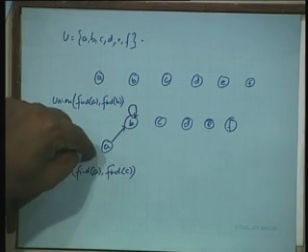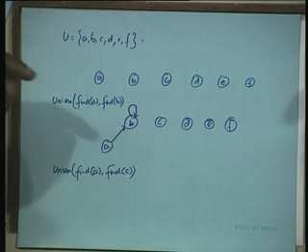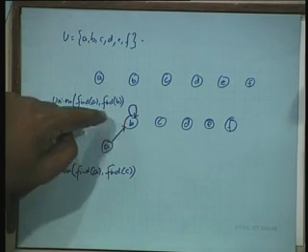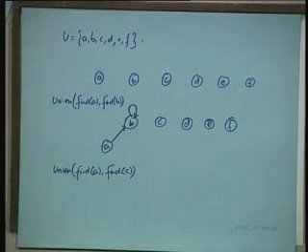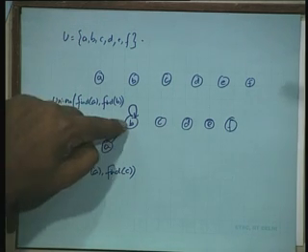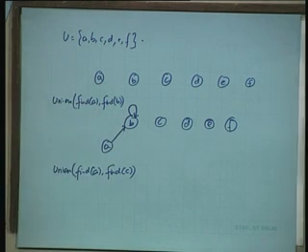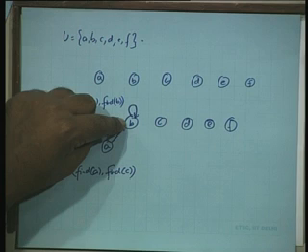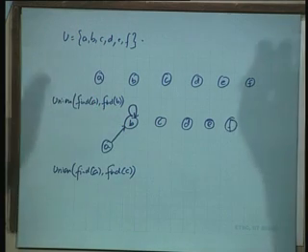So when I say find A, it returns a reference to this node, which is the root of the set in which element A lies. When I say find B, what will it return? The same thing, and then I can compare those two and determine whether they are in the same set or not. So what find A and find B return are the roots of the corresponding trees. You will understand this as we proceed.